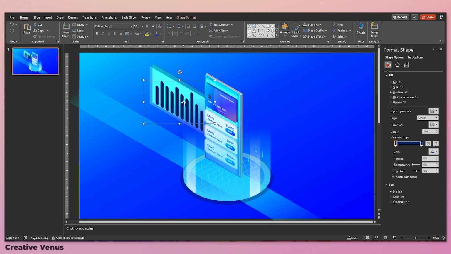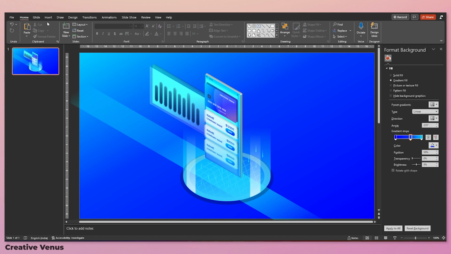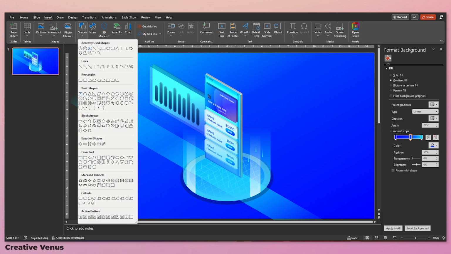So now it's much better. Increase the transparency, because when you play with the transparency, it will blend with the background and it looks more realistic. Create one more copy and this will create a reflection effect. Now go to insert